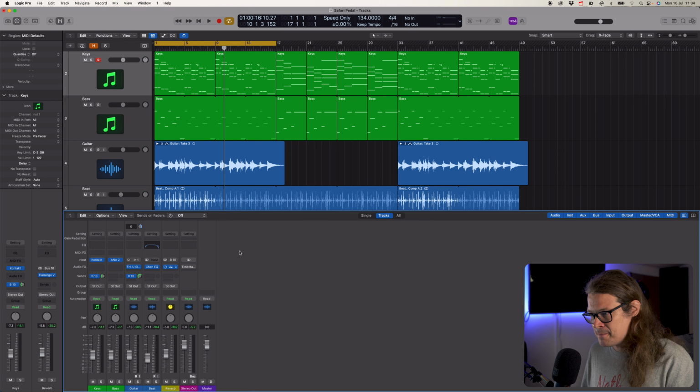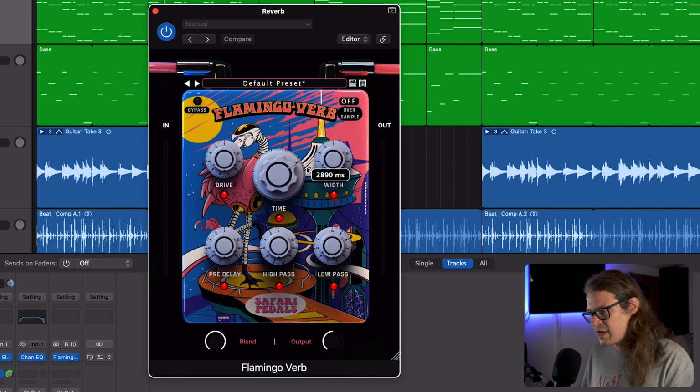Now, the first thing I want to talk about here really is the reverb. So for this reason, I'm just going to turn the Time Machine plugin off because we can get a better sense for what's actually going on before we affect the main master output. So this reverb is interesting because we've got a few controls here that we're familiar with. We've got pre-delay, high pass, low pass, but the really interesting one here I find is the time, because as